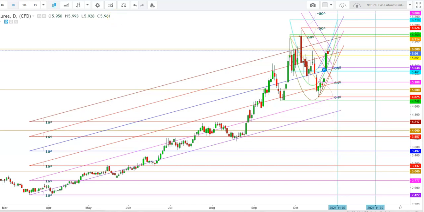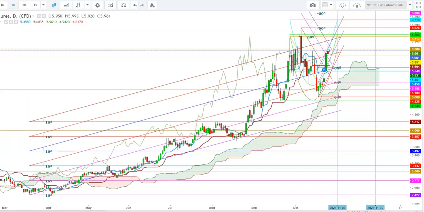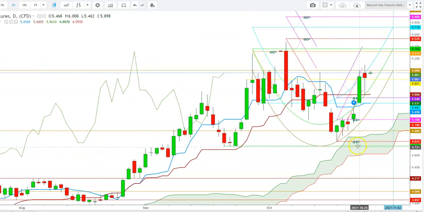So friends, now let's check these moves with the help of Ichimoku Cloud. Friends, now let me zoom this portion for you. So here you can see how the natural gas futures have finally tested a major support well above the upper end of Ichimoku Cloud. I have drawn this saucer. So natural gas futures have finally tested the low end of this saucer and continued to move upward since October 19th,